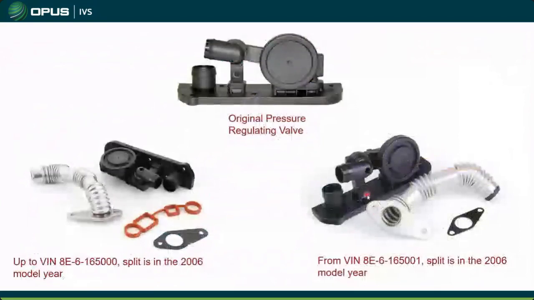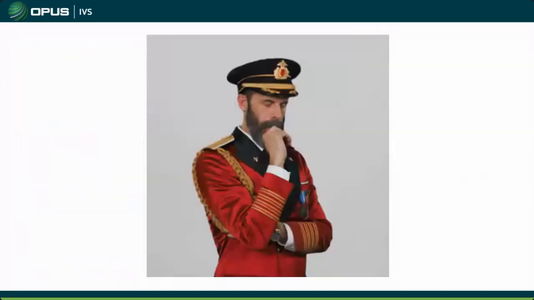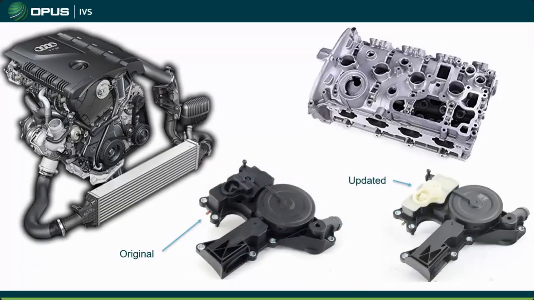This valve has to be able to vent through the valve cover. If you're losing air through here, or worse, maybe you're sucking air through here, then it's not going through the rest of the system correctly. You're not getting enough flow through your labyrinth for good oil separation. So I'm not sure why they think that this is an okay thing and that there should be nothing done here, because I think it should be replaced. And I've seen plenty of them that have